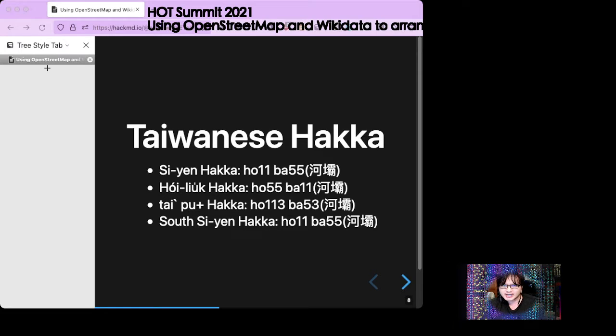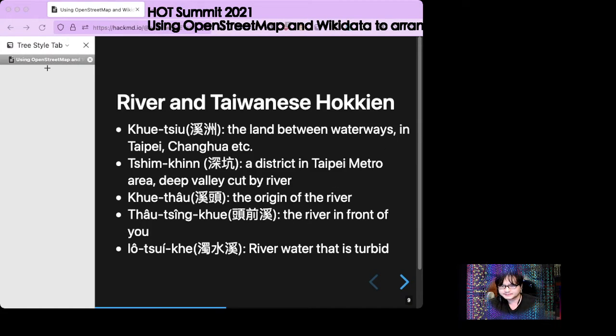In Taiwanese Hakka, they use "he ba" for rivers. There are many place names related to water. One means land between waterways.